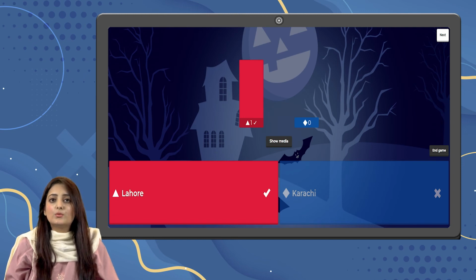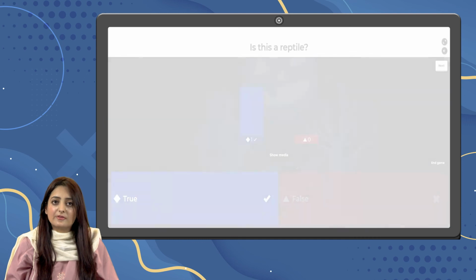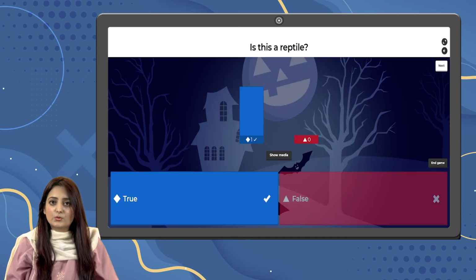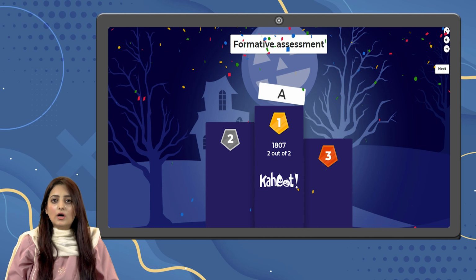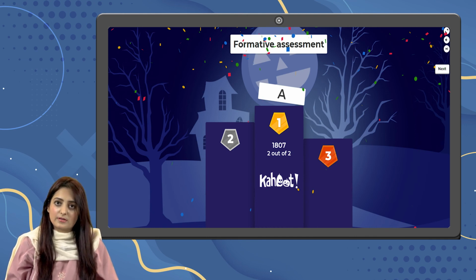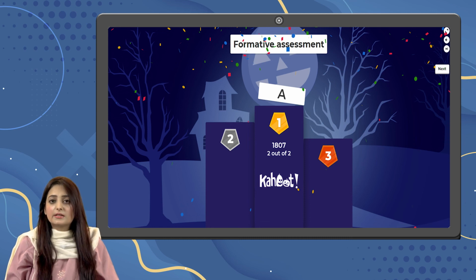Now students will be able to view the questions that have been created by me. They will select the right option by choosing the color code. They will press the button of next and they will view the next question and choose the right option by selecting the color code again. On the podium, you can see the amount of points and positions of your students. Students can also see their responses and amount of points on their mobile or on their notebooks.